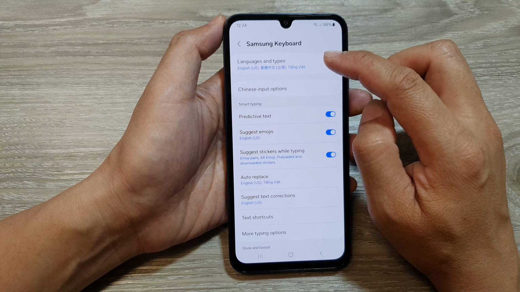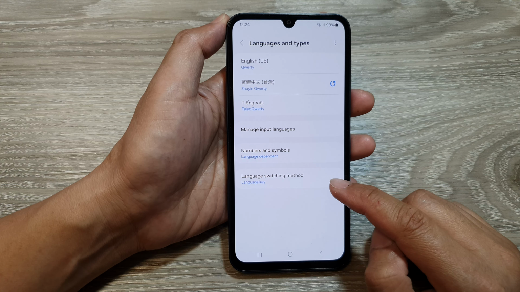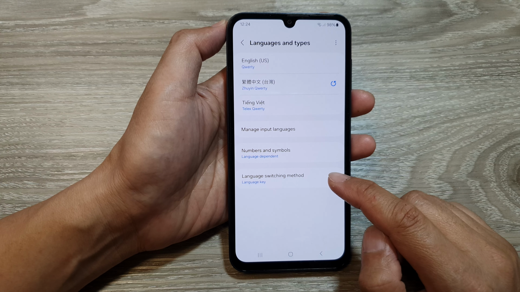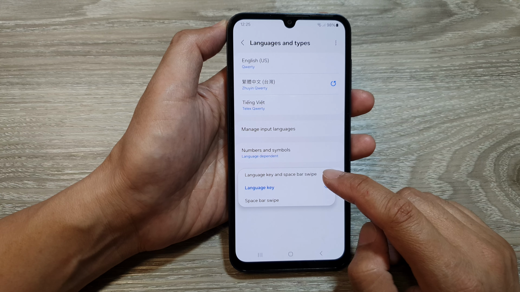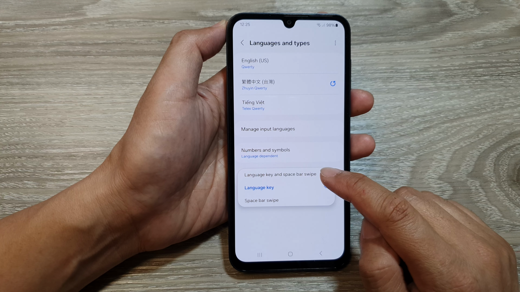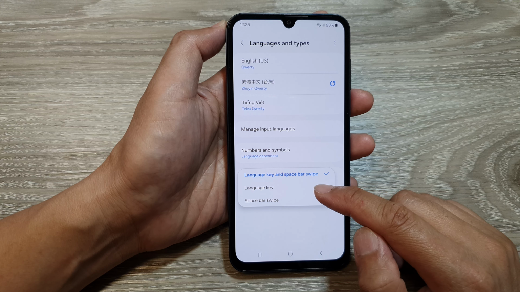Next, tap on Languages and Types. Then we go down to the bottom and tap on Language Switch Method. From the pop-up, you could choose both by selecting Language Key and Spacebar Swipe, or you can select either Language